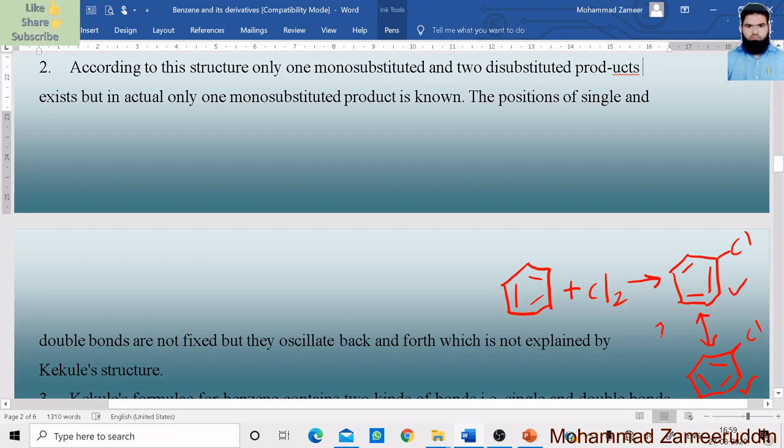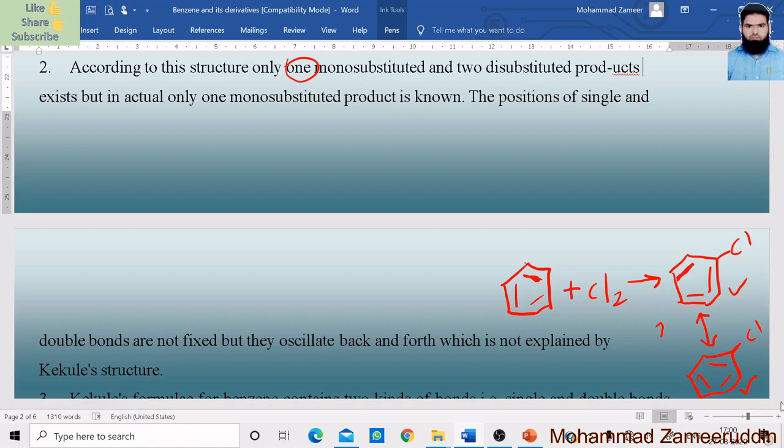So this is the meaning of this objection: according to this structure, only one mono substituted product and two di substituted products exist, but actually only one mono substituted product is known. The position of single bond and double bond is not fixed. See, in this structure the position of the double bond is between these two carbon atoms, and here the position of the double bond is between these two carbon atoms. So the double bond position is not fixed, it oscillates back and forth,